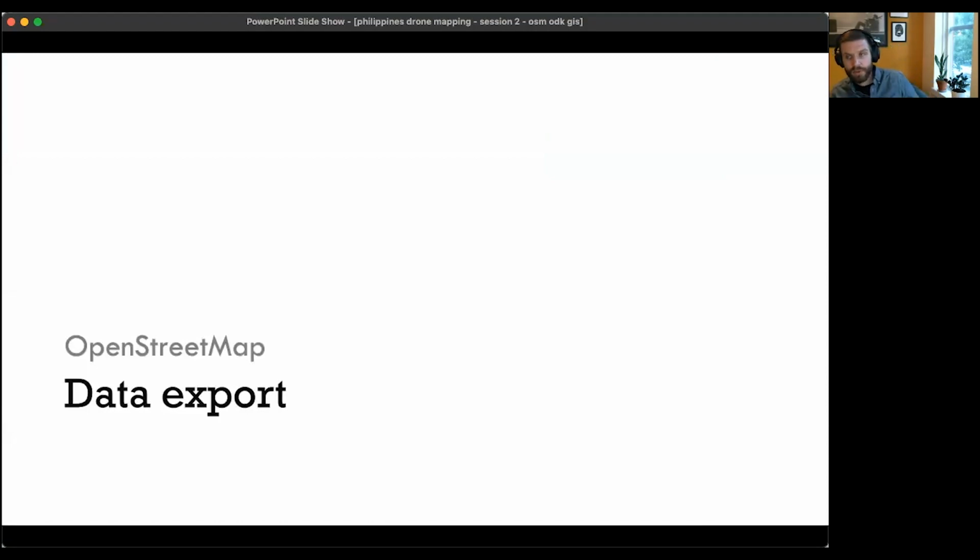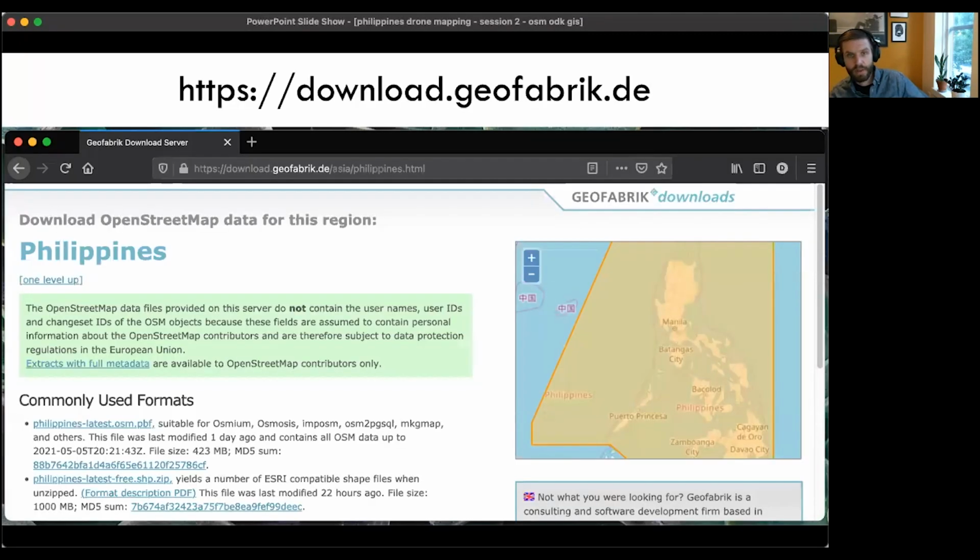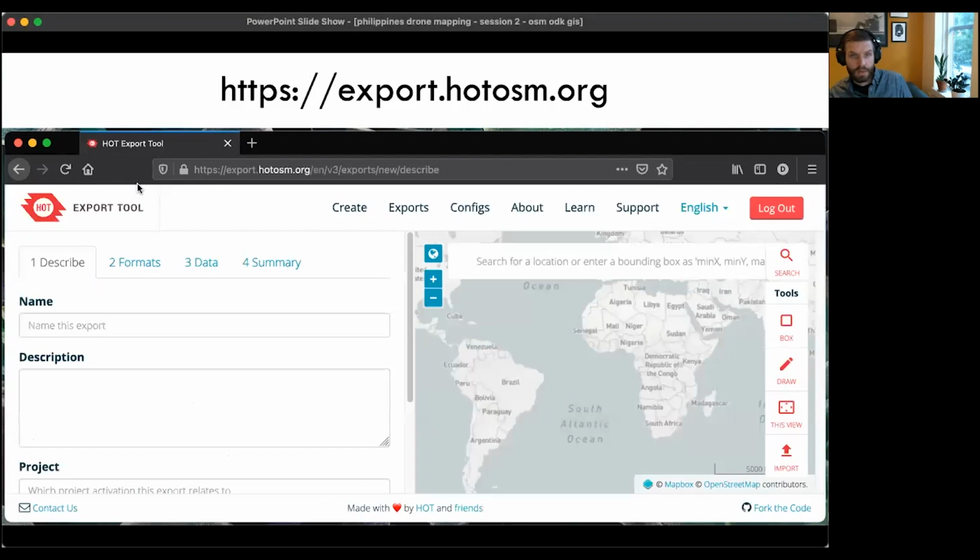So to export the data and get it so you can use it, there's a number of ways as well. Two of the easiest ways: one of them is a website, Geofabrik, a German company that, in addition to their paid services, also provides free OpenStreetMap extracts on their website. So you can navigate to this website, and they have a variety of options to download. You can download the Philippines as shapefiles and as a couple of OpenStreetMap formats. There's also